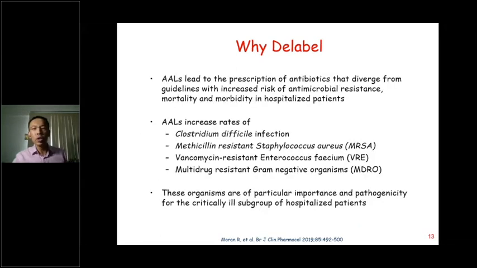So AALs do lead to the prescription of antibiotics that diverge from guidelines, and there is thus an increased risk of antibiotic resistance, mortality,